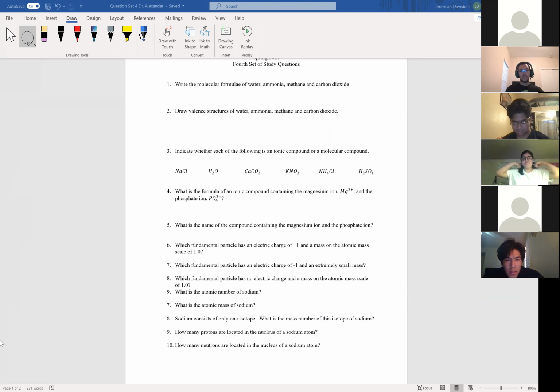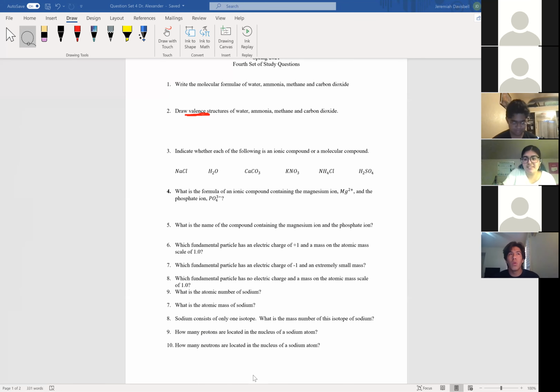So this is a key word right here, valence. Does anybody know what valence electrons are, or what that means? The outer shells. Yes, the outer shell, and what about it? What about that outer shell is so important? The amount of electrons in it. Exactly. So we're supposed to look at the valence structure for some of these elements. We looked at water and already named that one, and that was H2O.